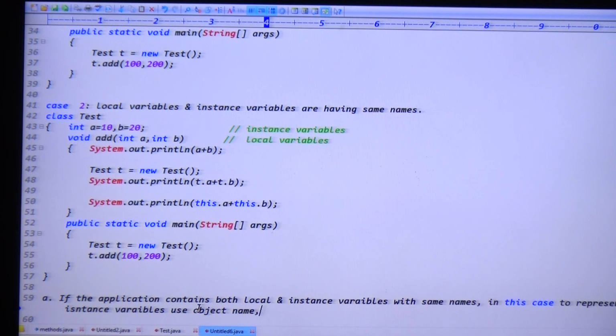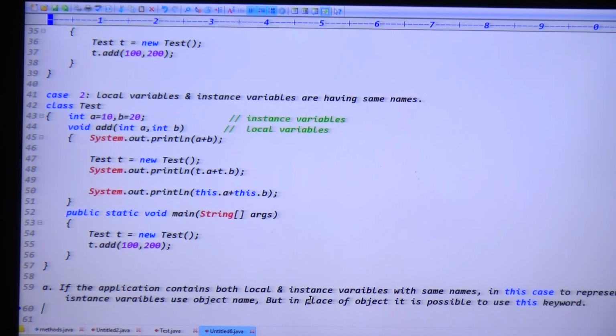But in place of the object, it is possible to use which keyword? The this keyword, right? Exactly. Guys, are you clear now?